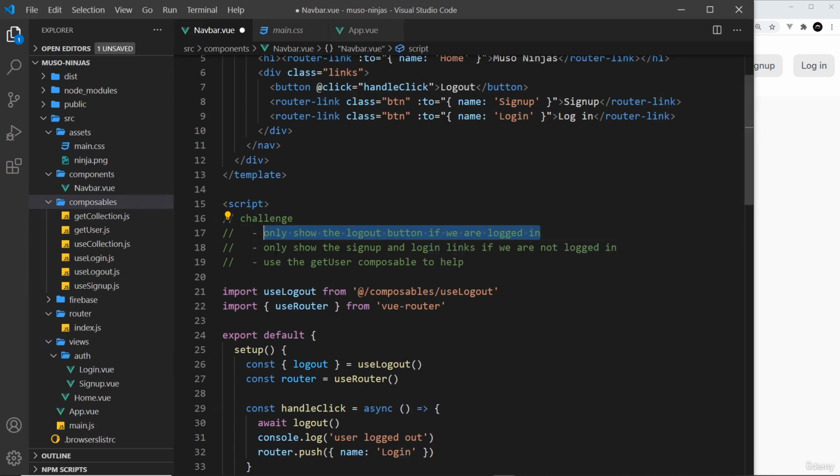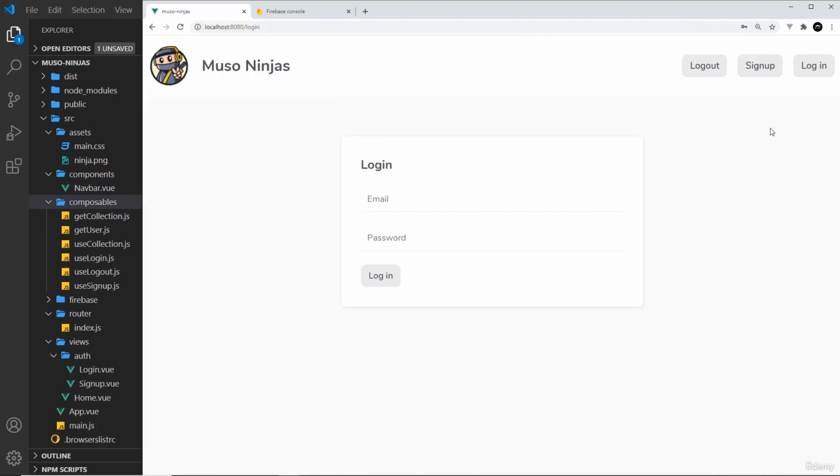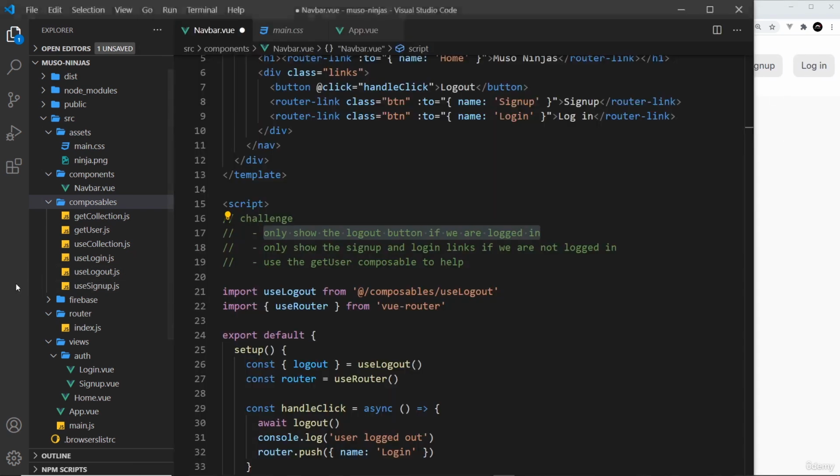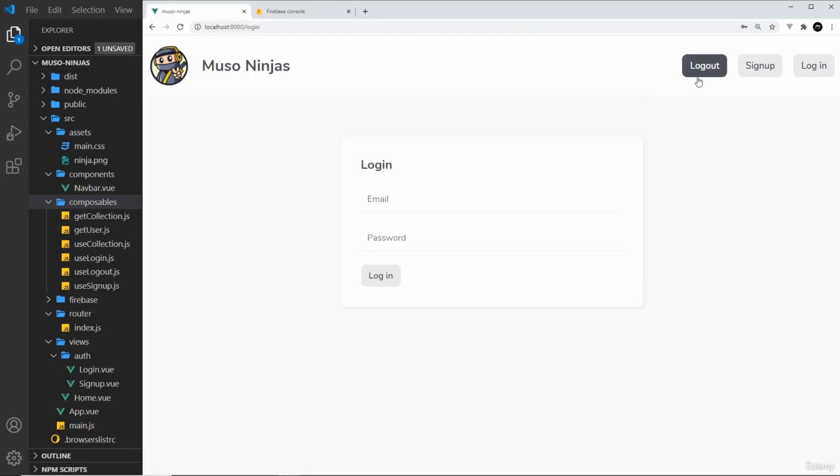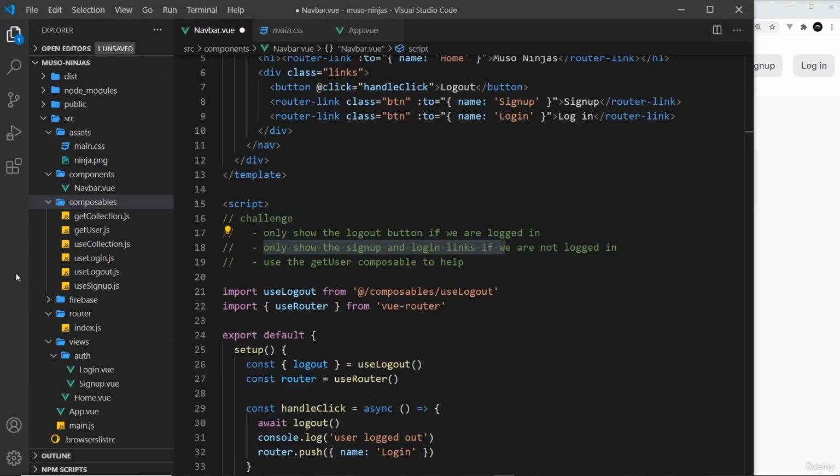So only show the logout button if we are logged in, because if we're logged in, we don't need to see sign up, we don't need to see login. Only show this one if we're logged in, and only show the sign up and login links if we are not logged in. So if we're not logged in, we don't need to see log out, we just need to see these two. So I want you to figure out how to do this, and you can use the get user composable to help you to get the current user. So again, pause it right here, have a go at this, and then when you need to see my solution,